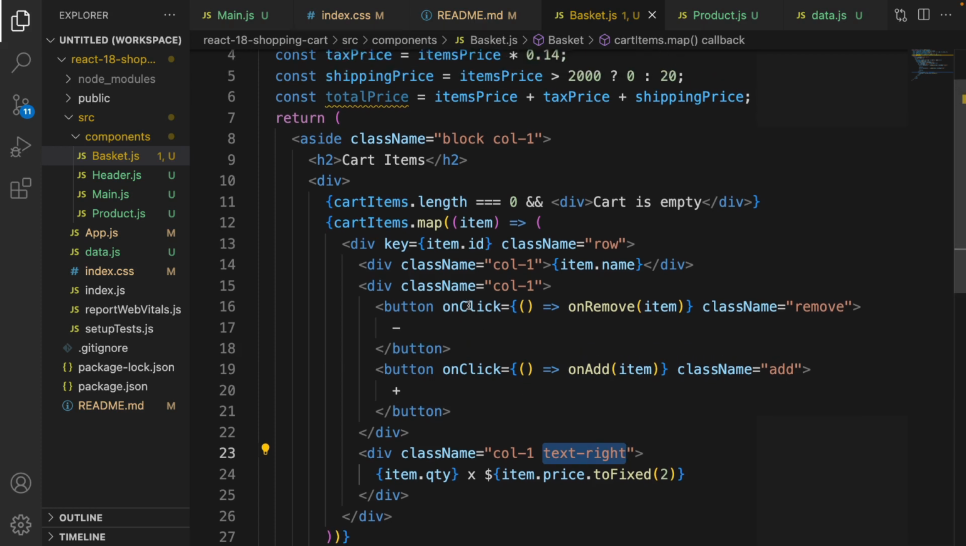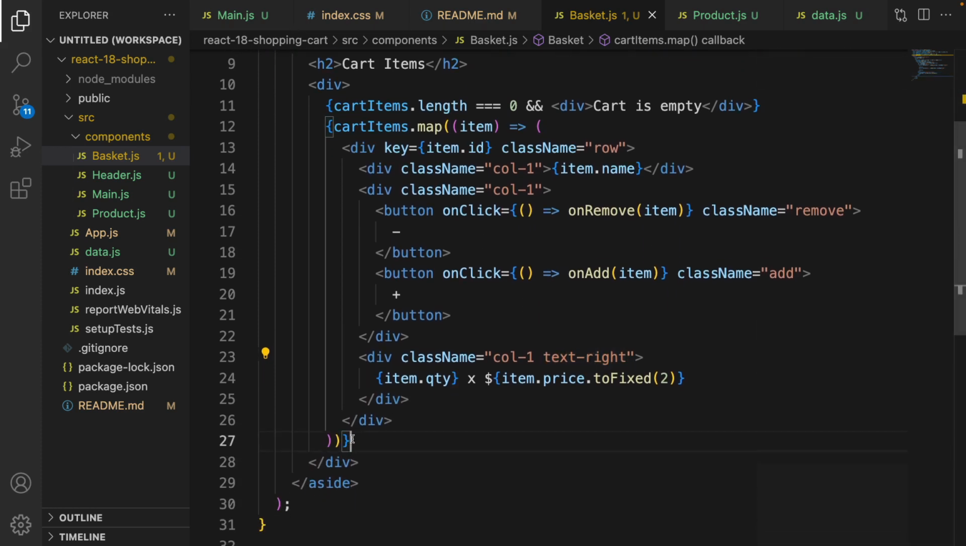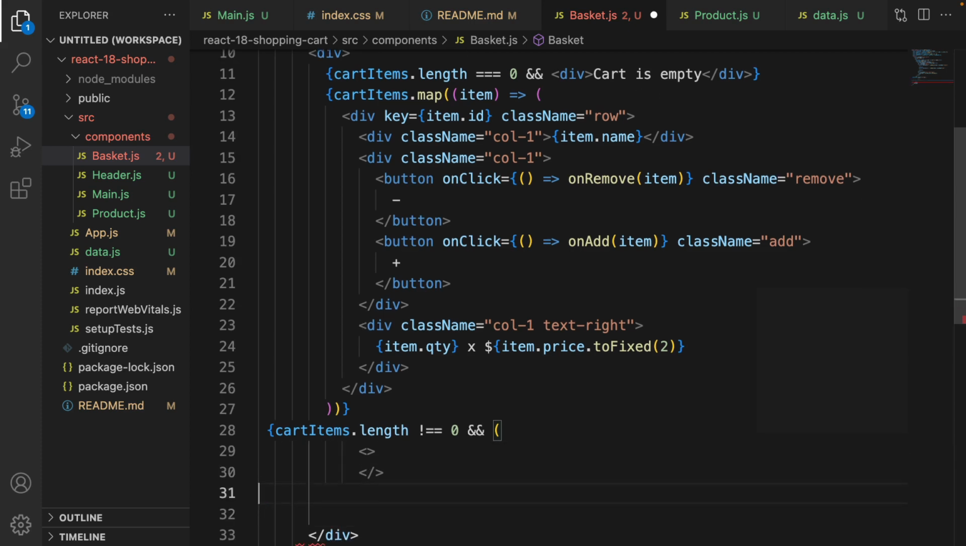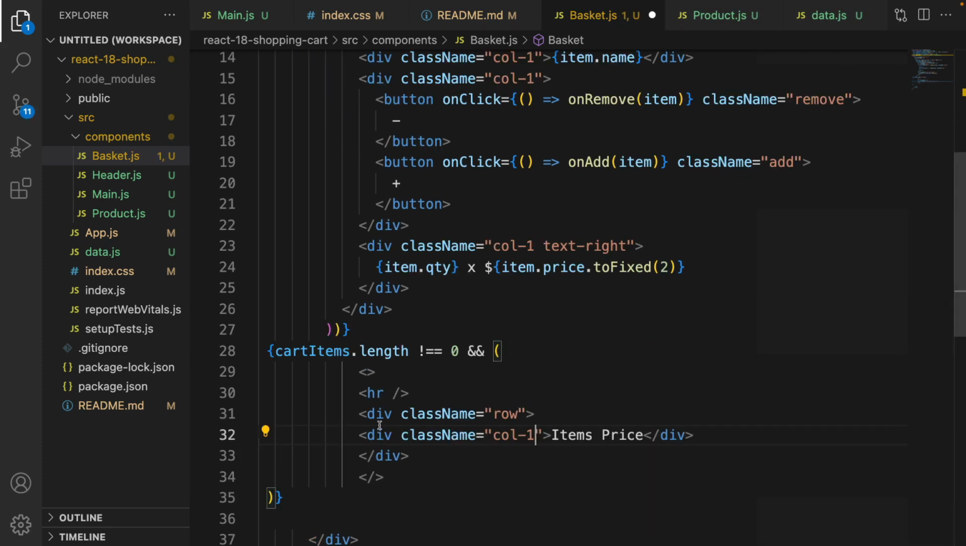Go back to basket, and after rendering the list of items, use conditional rendering. If cartItems.length doesn't equal 0, we need to render the summary part. Define an empty container, close the opening parentheses and curly bracket, define HR, the horizontal line, and create a div, set class name to row. First column is